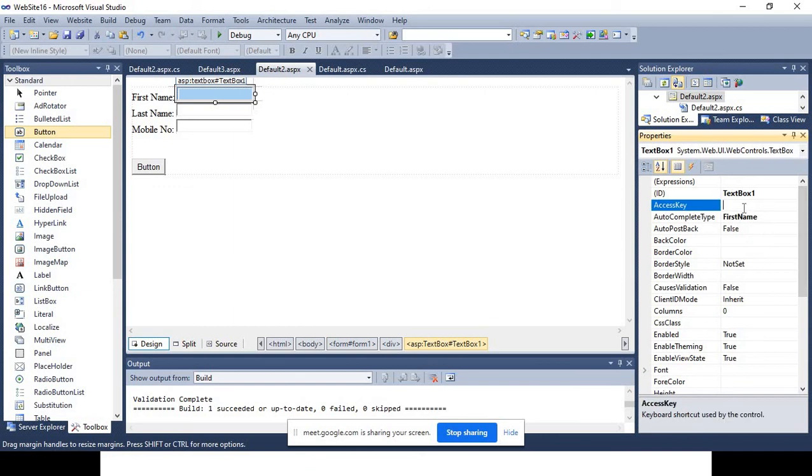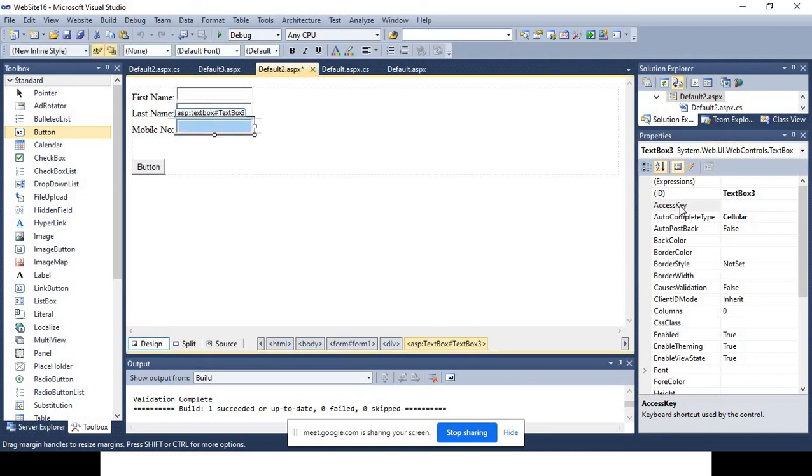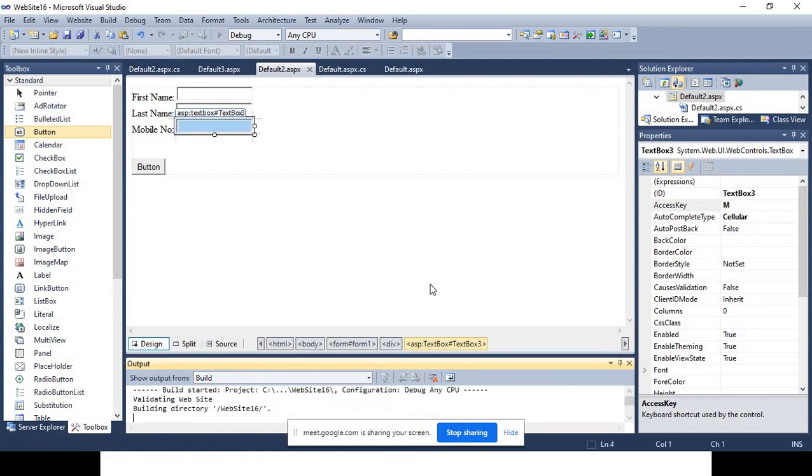So for the access key property, here the first name is there, so I am just typing F. This is the last name, a text box to accept the last name of the user, so here we are entering L, and this is the mobile number, so here I am giving M as the access key. You just run this particular page and see.